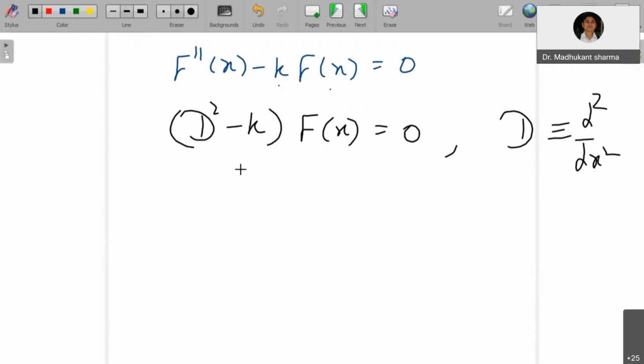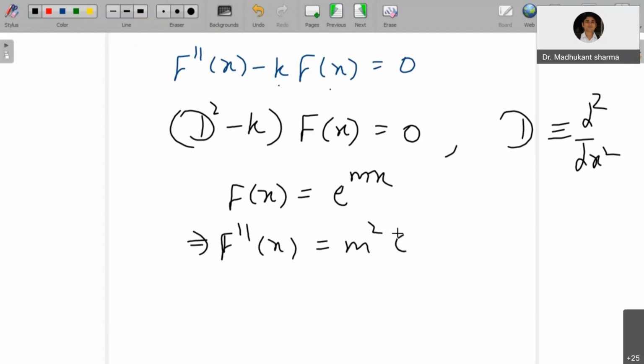Or what you can do is, we see this is a linear homogeneous case, so you can also look at f of x equals e to the power mx. From here this implies f double dash of x is equal to m square e to the power mx. You can follow any of the processes. So if you substitute these two here,